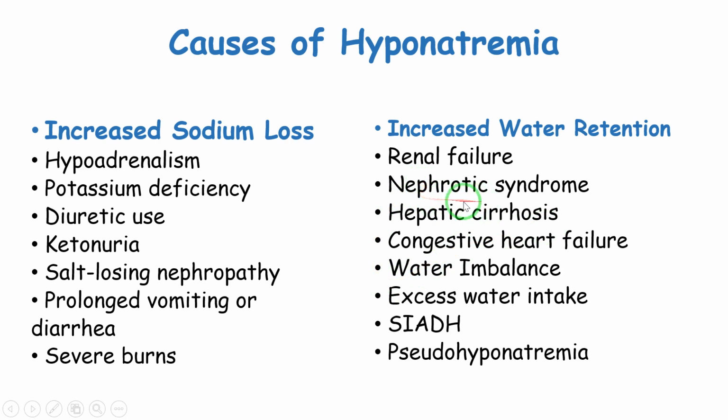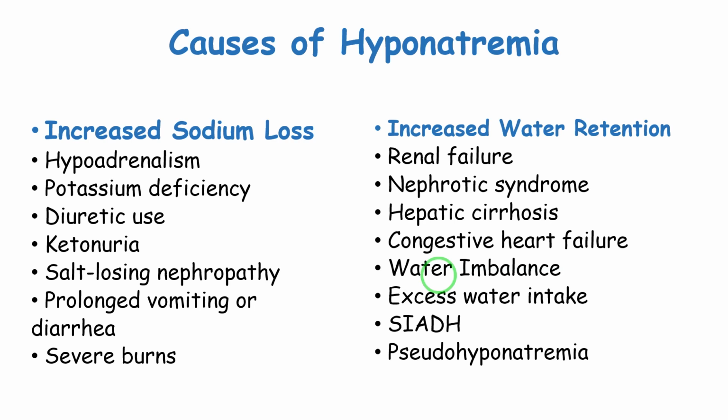In case of nephrotic syndrome and hepatic cirrhosis, the mechanism is different in these two conditions. In nephrotic syndrome, there will be hypoalbuminemia. The protein will also be low. And in case of hepatic cirrhosis, because the liver is the site for the synthesis of albumin and most other proteins, when there is cirrhosis or fibrosis of the liver, there will be a decrease in the production of protein. And when there is a decrease in the plasma protein, this will lead to a decrease in the colloid osmotic pressure. And when this decreases, the intravascular fluid will migrate to the tissue, and the result is